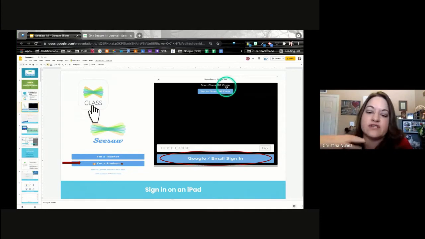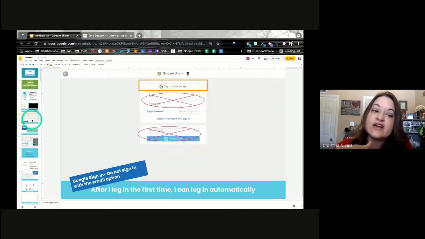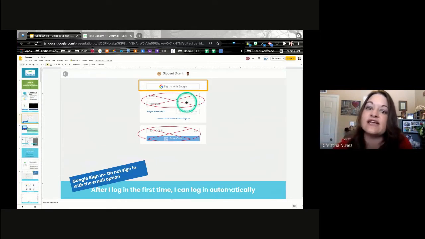But in order to tie everything to those licenses, they're going to want to select Google email sign-in. And that's sadly going to kick them to another screen, which is going to say sign in with Google. They're not going to want to put in their email or password there, because that actually is a separate license. It's not tied to Google. They're going to want to sign into Google, and every single student email address, their 9888 whatever number at aps.edu, and their password is going to be how